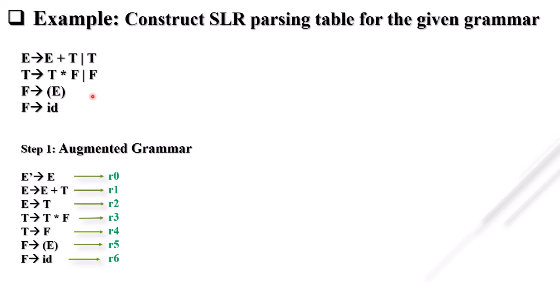Okay, so what is our first step? Our first step is to produce the augmented grammar. Okay, how to produce the augmented grammar? To introduce a new non-terminal. I introduce a new non-terminal, that is E dash. Suppose my grammar starts with capital S: S tends to A, B, and suppose A tends to B. So what do I do for the augmented grammar? I simply write S dash, my new non-terminal, tends to my starting state. What is my starting state? S. So I have to write it here.